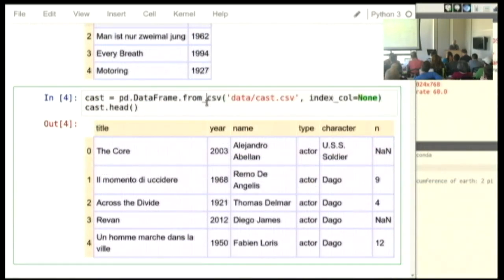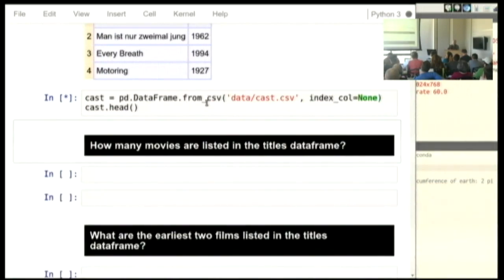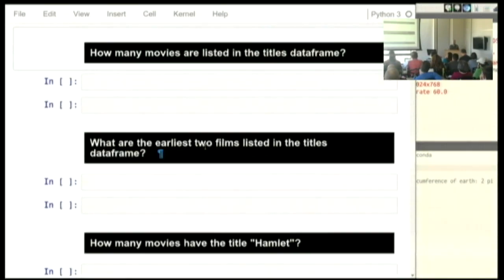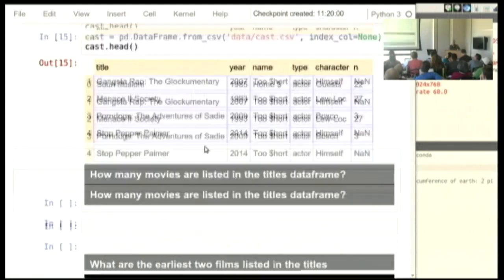And then down here, a second data frame, let me load it up, called cast.csv, which has many rows for each. I have no idea what order these movies are in. But